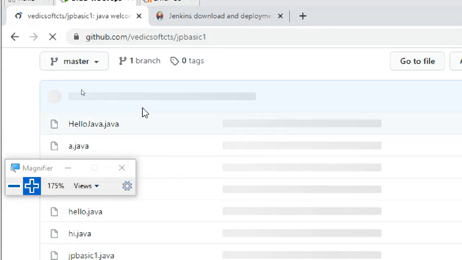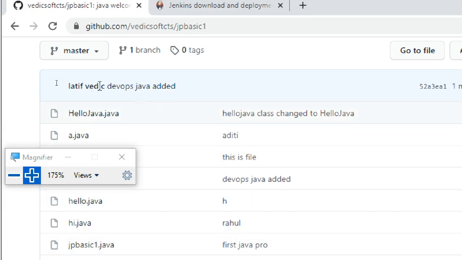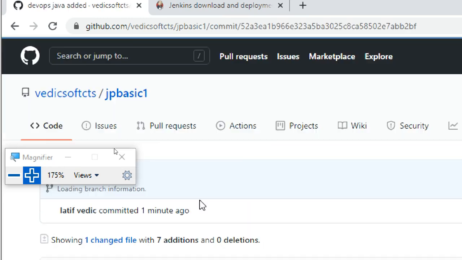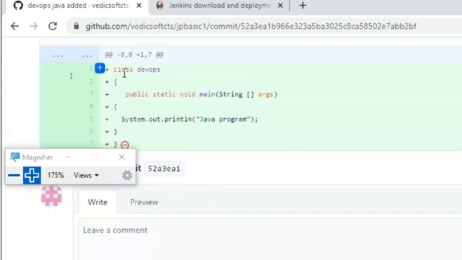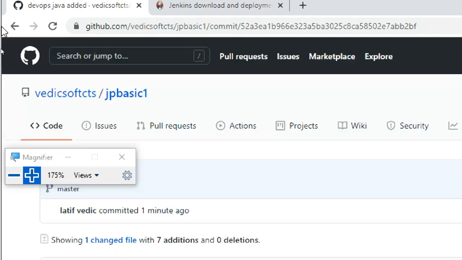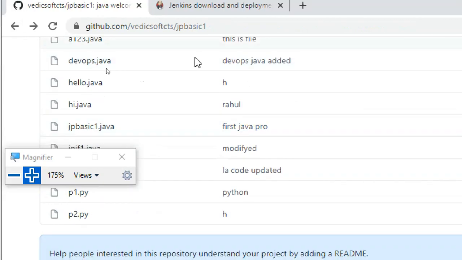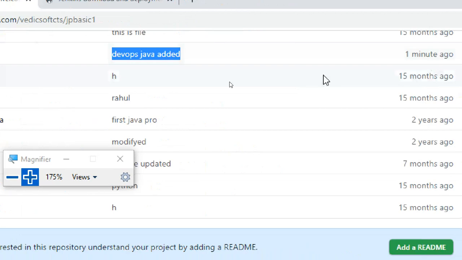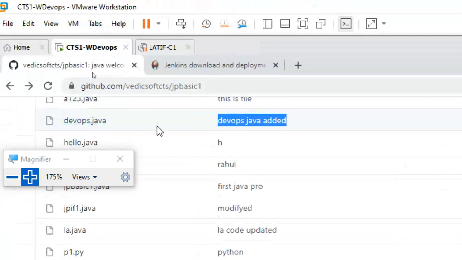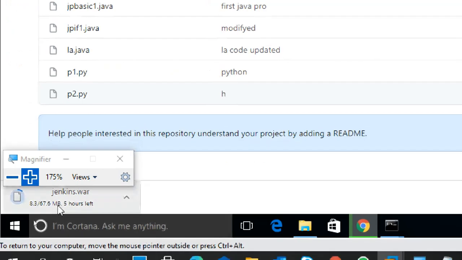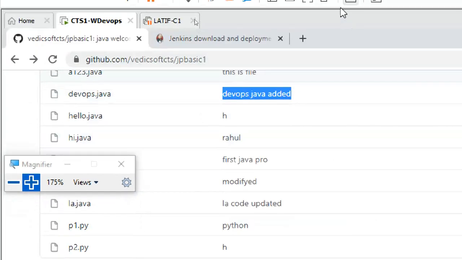Now you will see in this one only. There are a lot of files, but you can see here. What comment is added? Okay, this comment is added. What is that comment? The file is added. Okay, you can see the files also. See, this is the file that is added, even 1 minute ago. So this is how we can take an already existing one, clone it, and use it. It will take 5 hours to download.